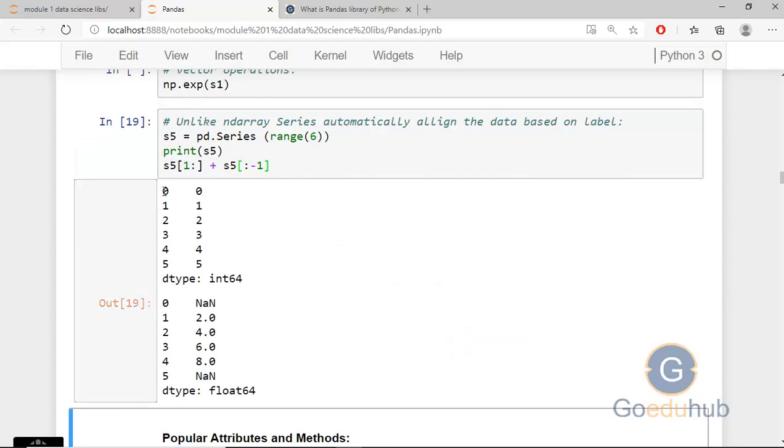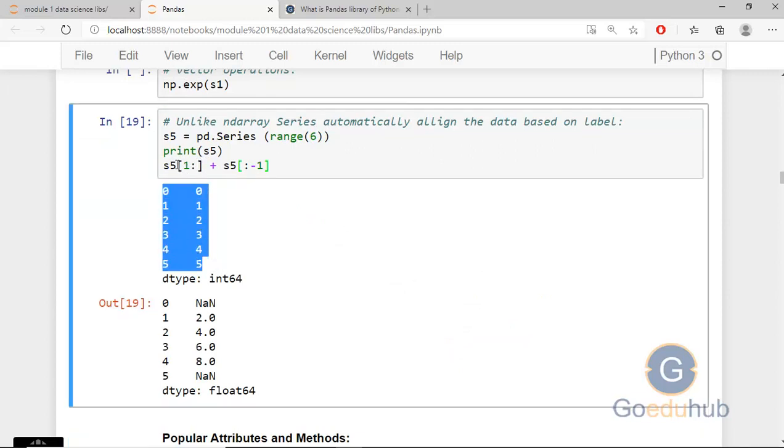So from S5 we are picking a subset. In the first part we don't have the 0th element, and in the second part we don't have the last element. That's why we can sum index wise, first element with the first, second with the second. And the 0th element and 5th element are NaN.